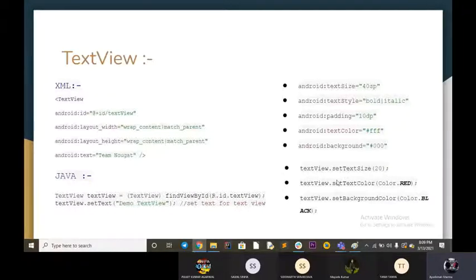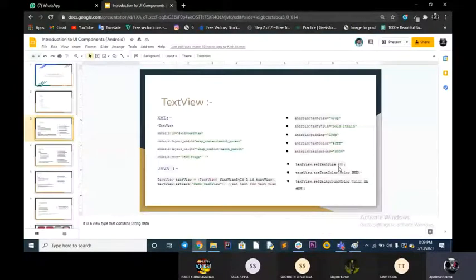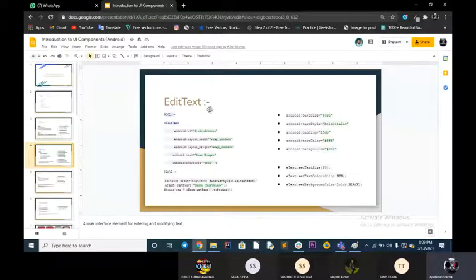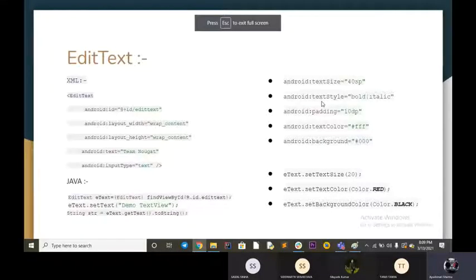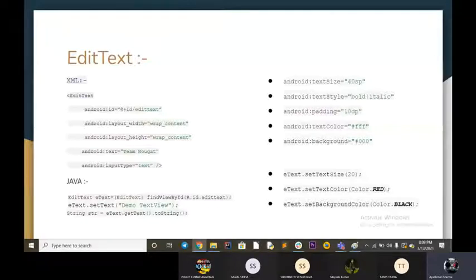Now let's come to the next topic, that is EditText. You have seen in Android applications that in some sections you have to input your name, your age, and all these input fields like email ID, password, and other stuff. These things are handled by the EditText function. So as you can see, this is the XML code for that EditText. The same things happen here too. This is the name of that particular EditText. We can assume EditText as a box too. This is the name of that box.